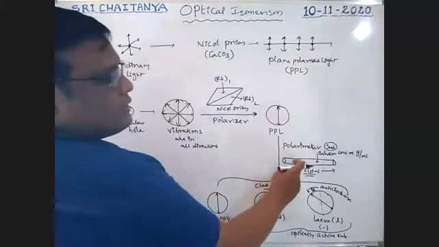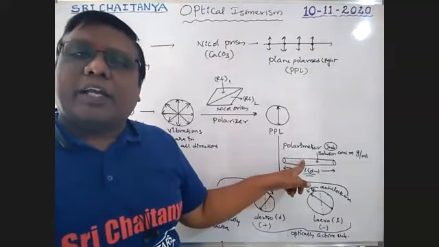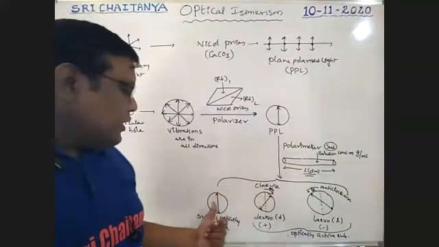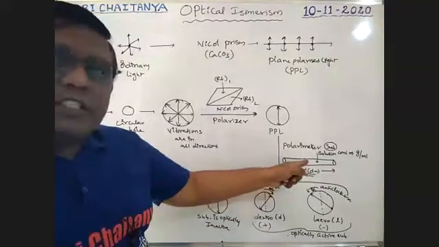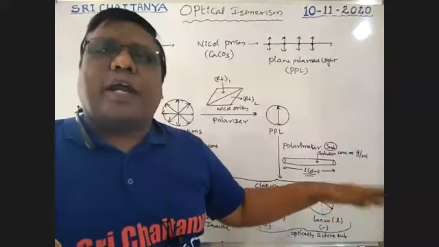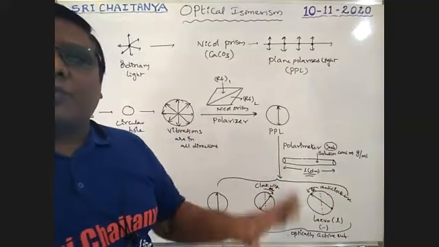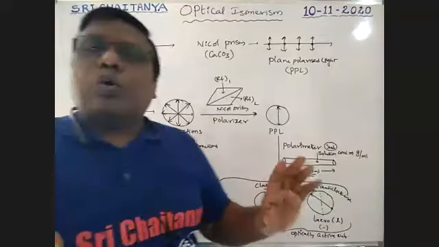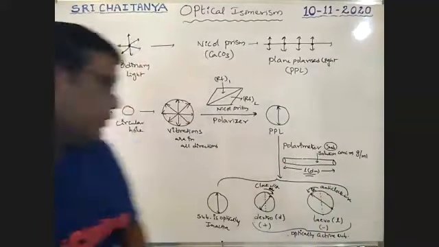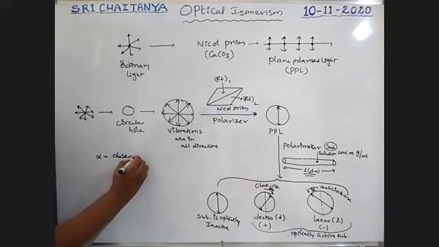So this substance we are taking here is optically inactive if there is no rotation. It is optically active if the plane polarized light is rotated in either the clockwise or anti-clockwise direction. This is the experiment we observed, boys. Here alpha is the observed rotation.